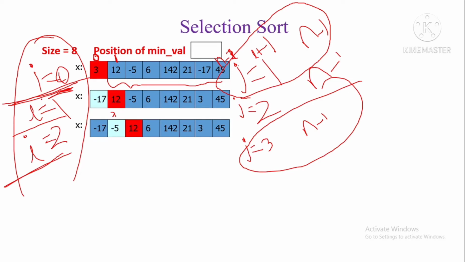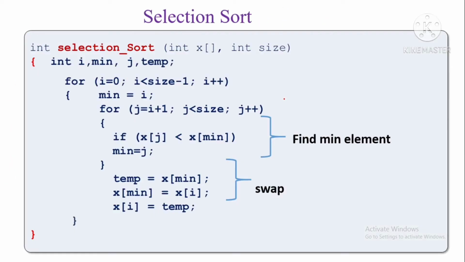So for each and every value of I, I have to run this inner iteration to find out the minimal element. I is the position for which I have to find out the minimal element and fix the position, and this inner loop I am executing to find out the minimal element, right? So that is what we have written in this algorithm.